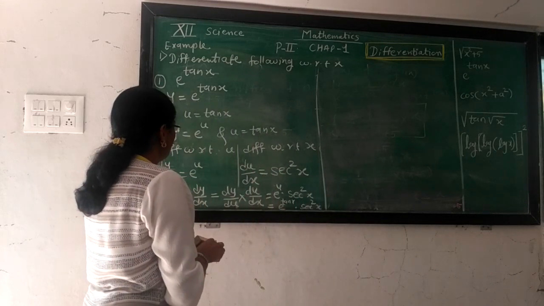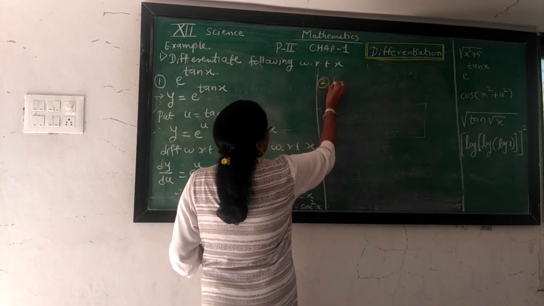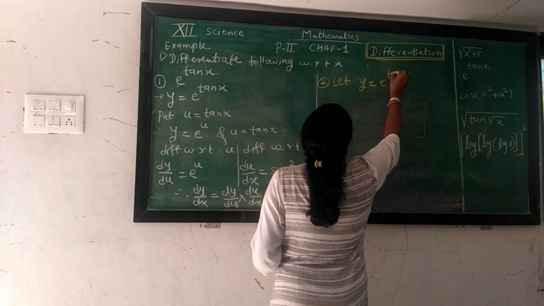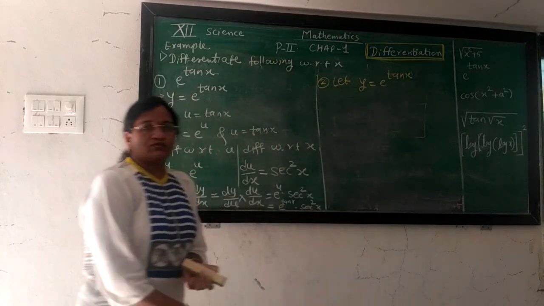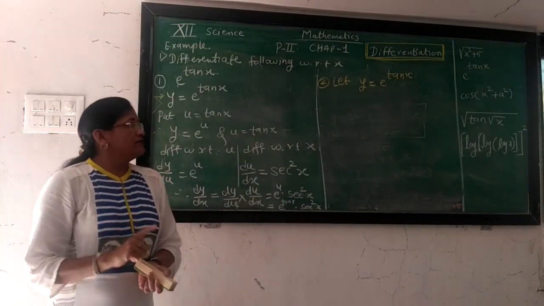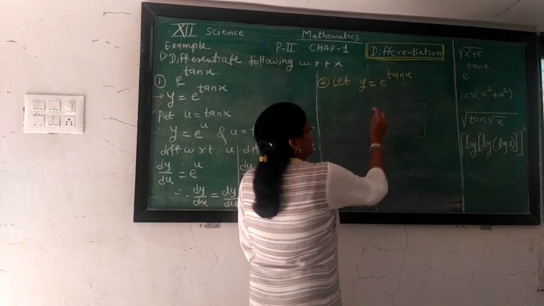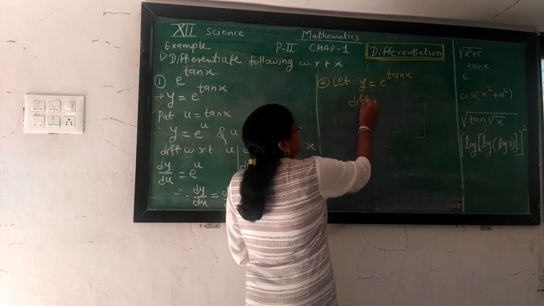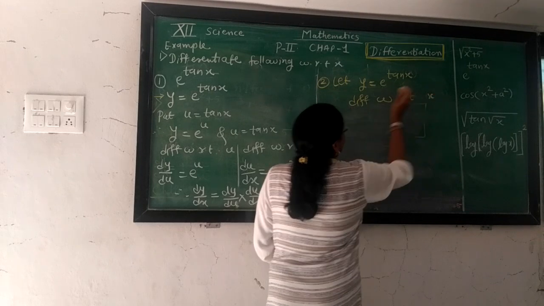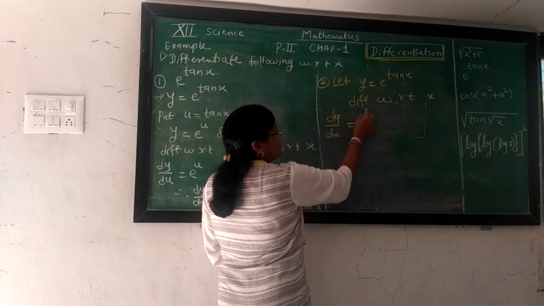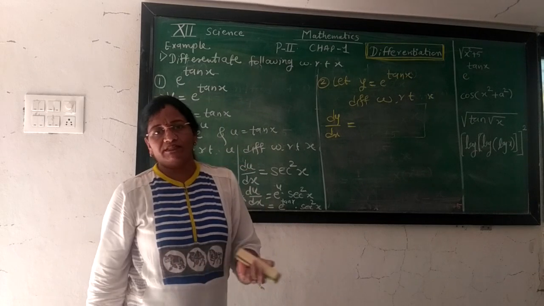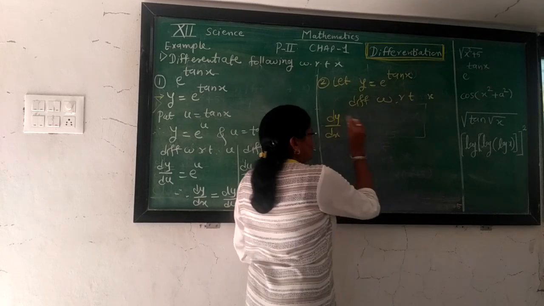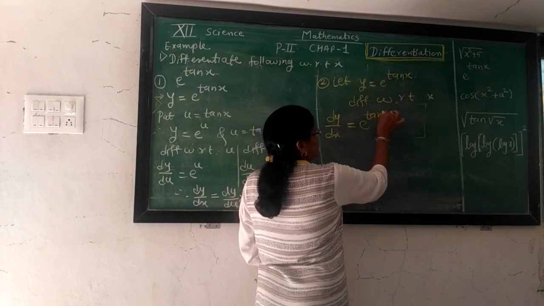Now for the second method, we take this function again, differentiation for y, which is equal to e raised to tan x. The derivative of y is equal to e raised to tan x. So remember that e raised to something is an exponential function. So for the differentiation of an exponential function, on the left side every time we write the derivative of y with respect to x, that is dy by dx. For e raised to tan x, here an exponential function, for any exponential function, its derivative remains as it is.